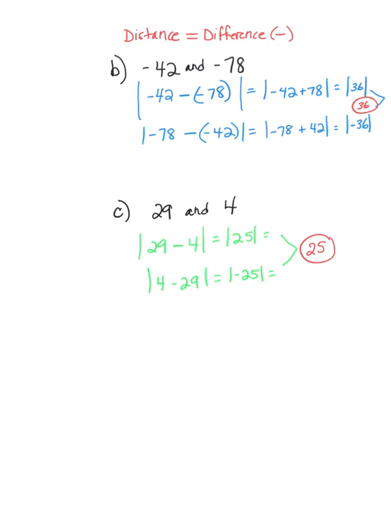Where I see most kiddos make their mistake is, for instance, in letter B, they forget that they need to subtract a negative integer. So they might just put negative 42 minus 78 and forget that it needs to be minus negative 78. The integers are negative 42 and negative 78. So I've got the first one, the second one, and I've got to show that they are being subtracted. So I have to have that negative sign in between them. So let's go back to